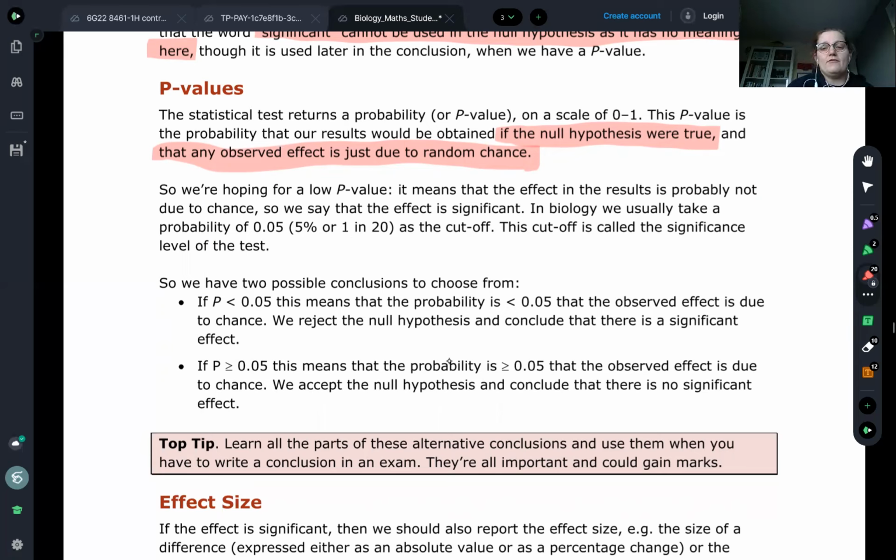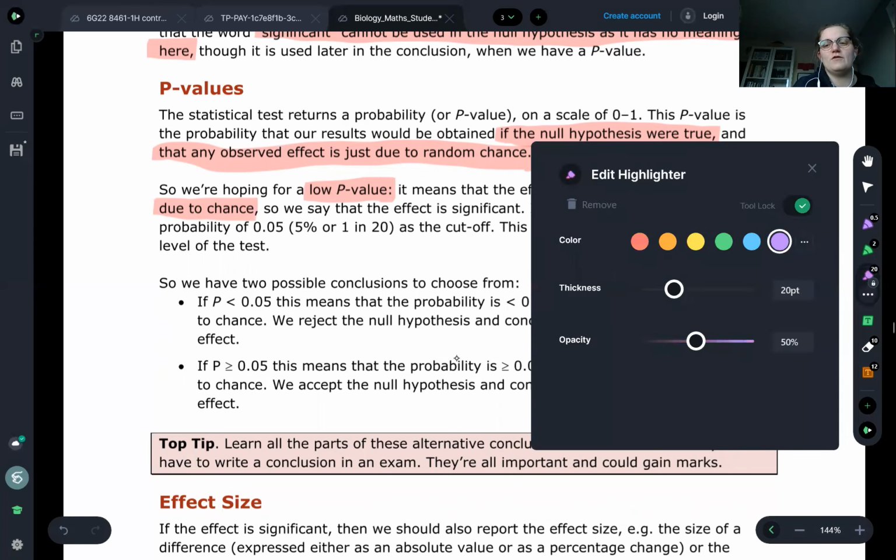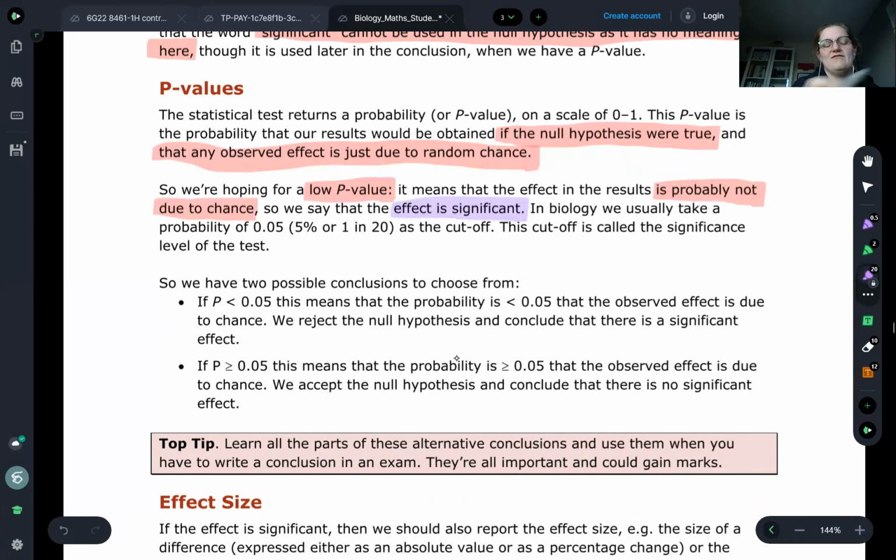So we're hoping for a low p-value. The lower your p-value, a low p-value means that the effect in the results is probably not due to chance. So we say the effect, I'm going to change the colour for this because this word's really important. We say the effect is significant. So if you have a p-value, and we usually use 0.05, which is 5% or 1 in 20 as a cutoff. If your p-value is lower than 0.05, we say that actually those differences between those two values,